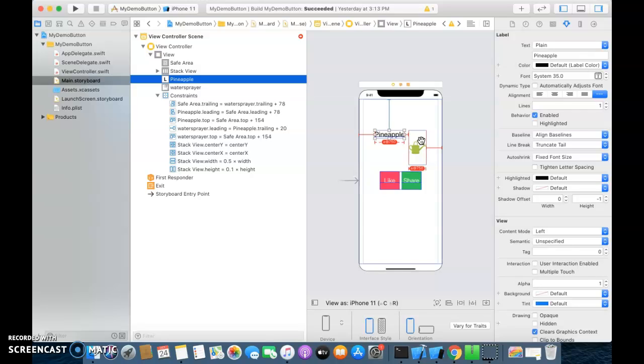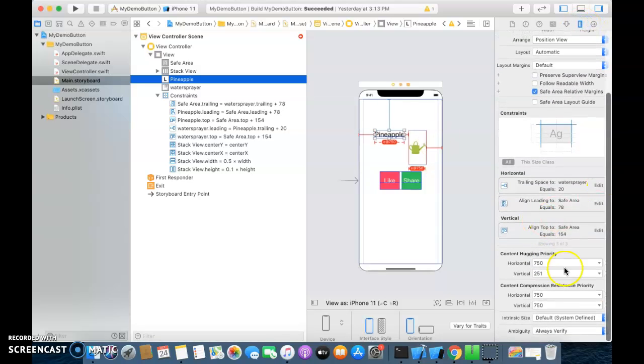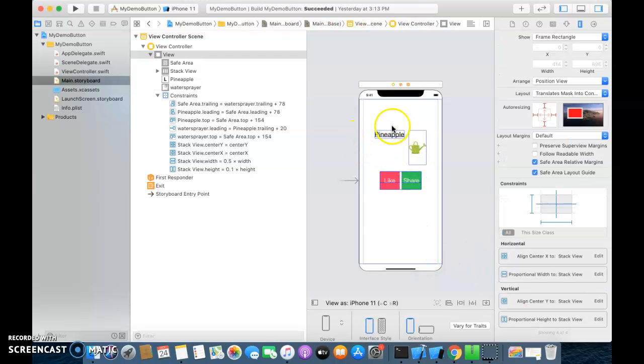So Xcode is showing the error and suggesting I provide a greater compression resistance priority for the label so that the content does not shrink. So let me provide the content compression resistance priority of the UI label as 751, and for the image view 749. I have done that and now my error is gone.